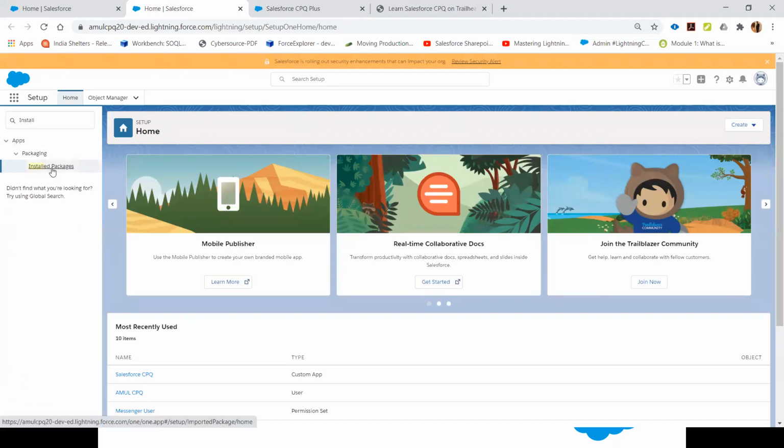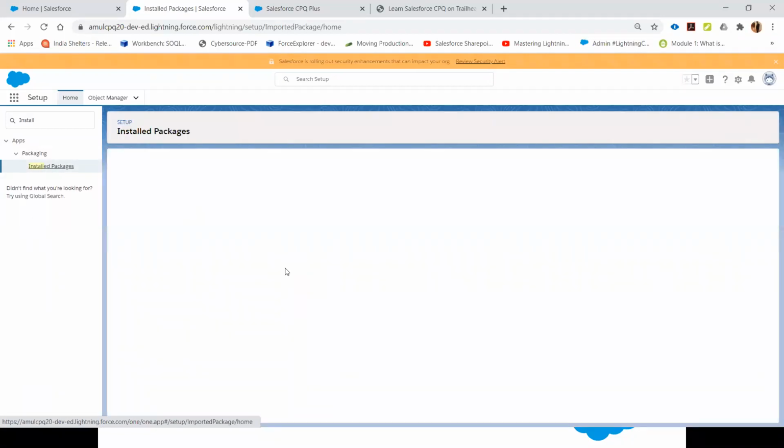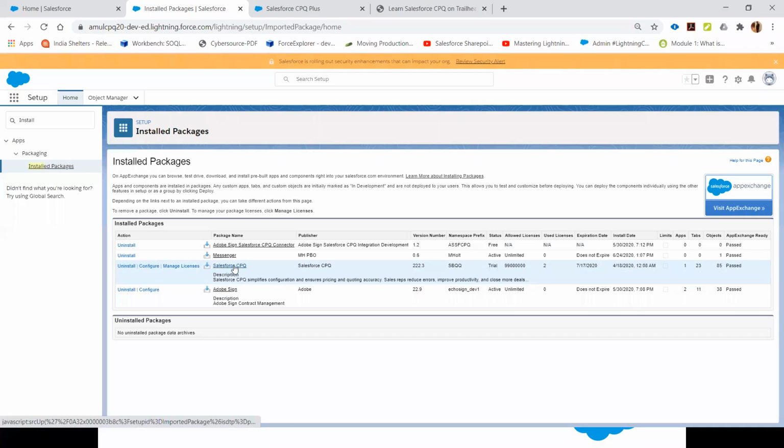If you go to the install packages, you can see the Salesforce CPQ packages have been installed on our platform. You can see the 3 links: uninstall, configure, and manage licenses. You have to click on the configure button. After installation, there is some basic setup that you have to initiate before starting with the Salesforce CPQ product or the permissions that you want to define.